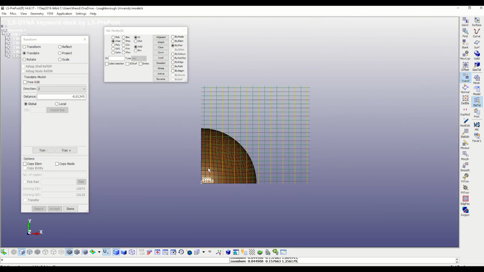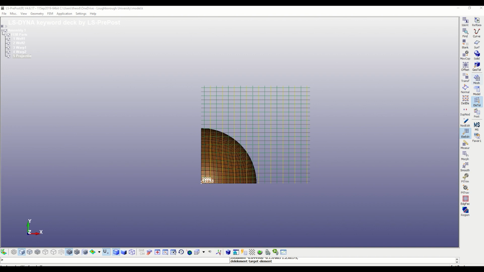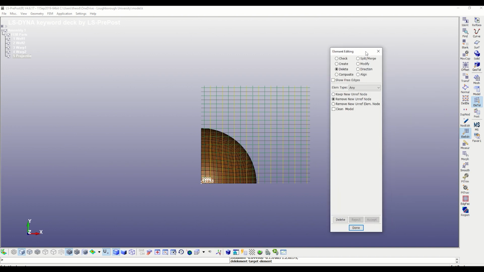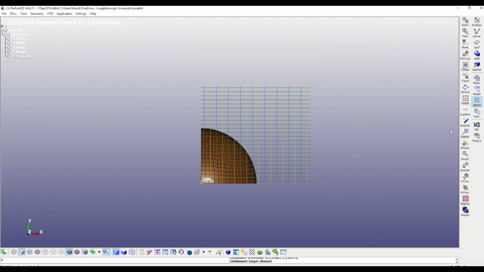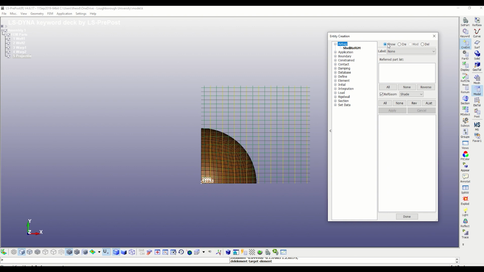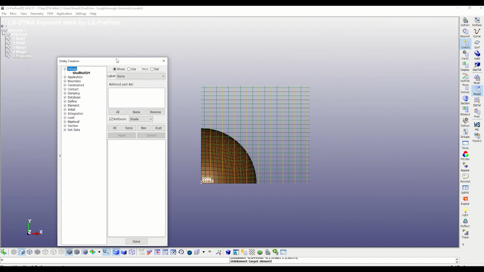Next, we will apply boundary conditions and create sets that will be later used for interactions between the bodies. We will begin with our boundary sets.